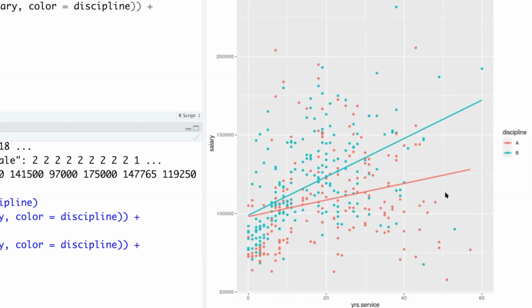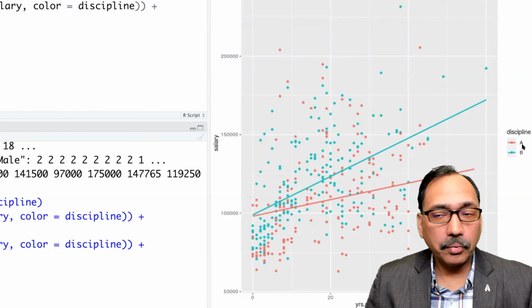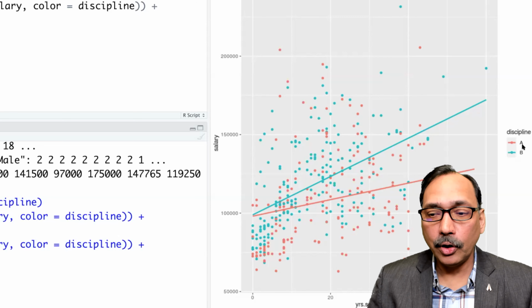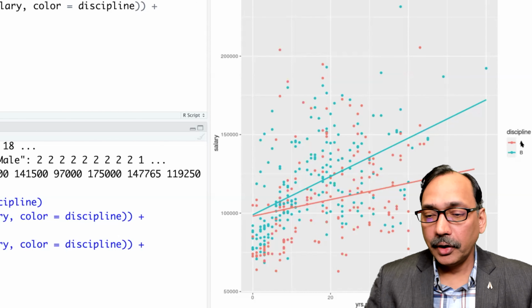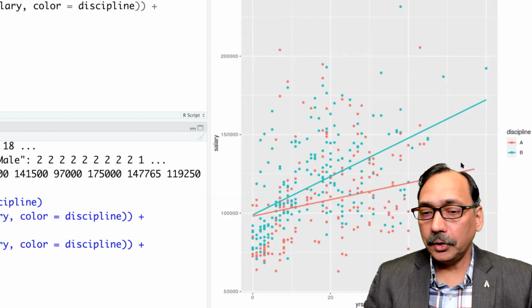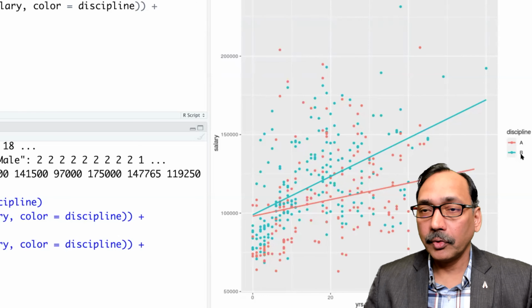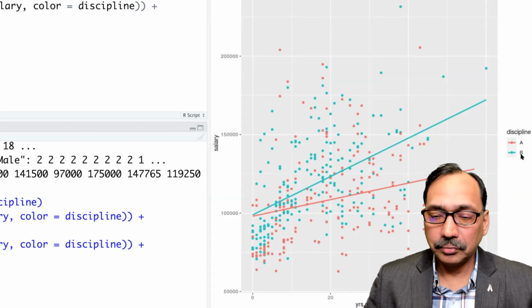So you'll notice that people in department A, the assistant, associate, and full professors who belong to department A, which is a theoretical discipline, the rate of increase you can see in their salary over the years is lower compared to people who work in department B, which is more applied.